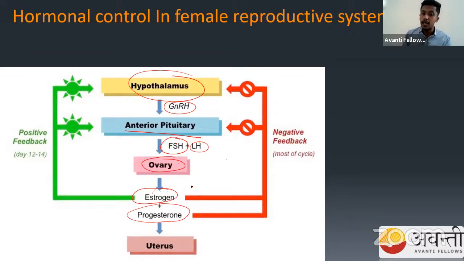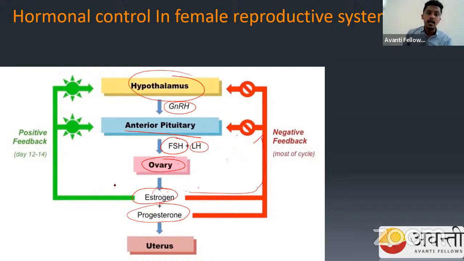Estrogen is very, very important because it helps in development of your endometrium and secondary sexual characteristics, etc. Whereas progesterone is helpful in maintaining the integrity of our uterus. Are you understanding? Now, if there is overstimulation of estrogen or progesterone, they put a negative feedback loop, avoiding the excess stimulation of the hypothalamus or